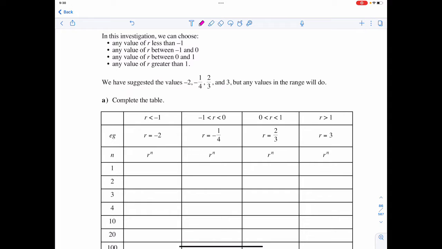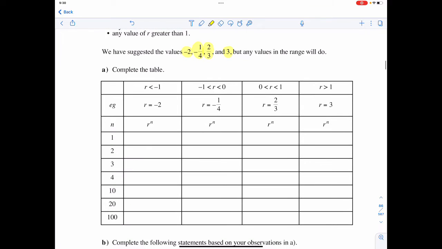So we could do the same process for any value less than -1, between -1 and 0, between 0 and 1, and greater than 1. So here are the recommended ones to try. But we could use, like it says, any values. So if I said that I had n where I have r to the power of n,